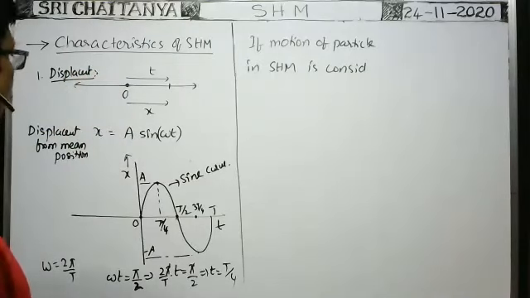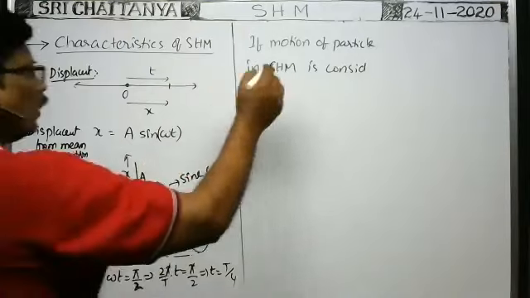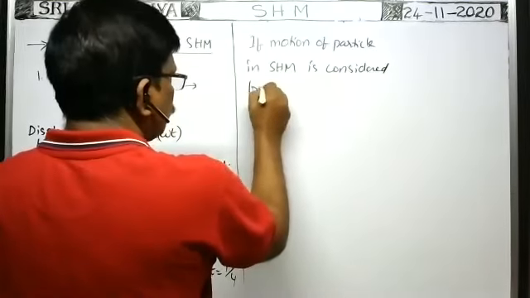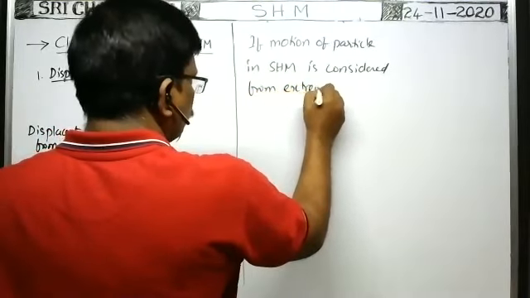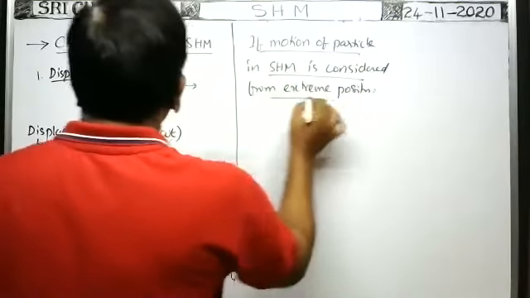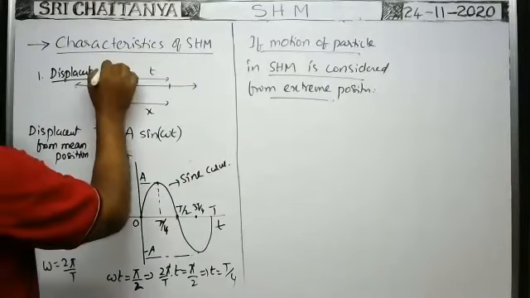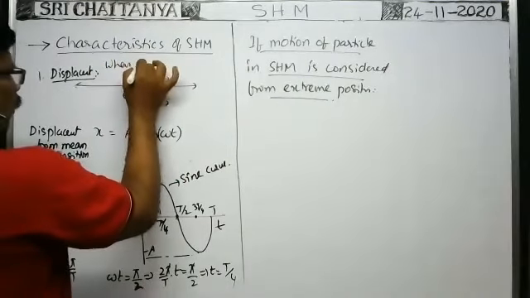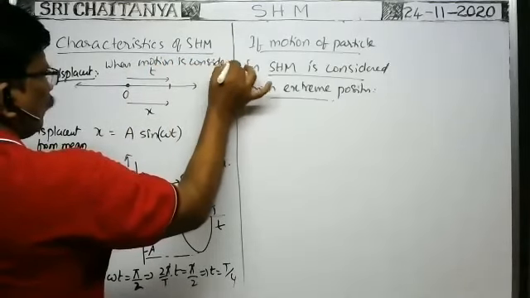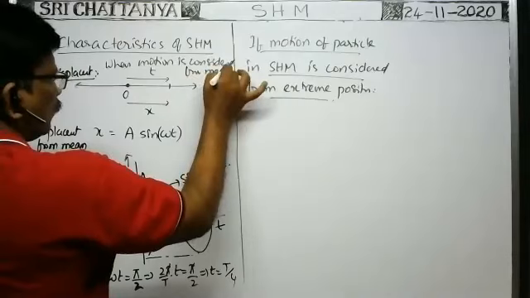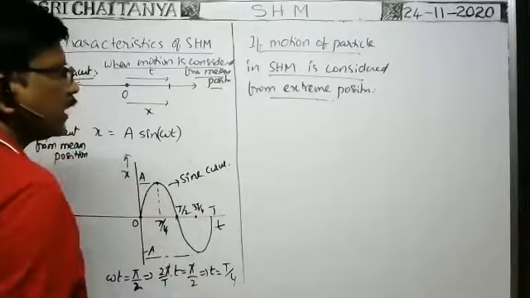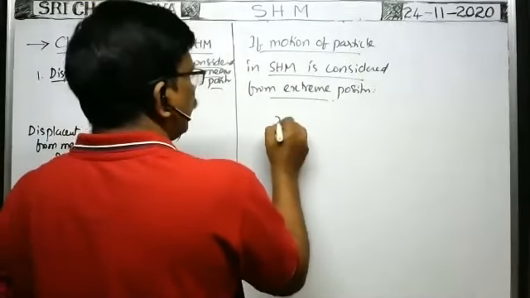Okay, if the motion of the particle in SHM is considered from the extreme position, okay, this is the case. It is when the motion is considered from the mean position, this is the case. Okay, next, when the motion is considered from the extreme position, already I said x is equal to